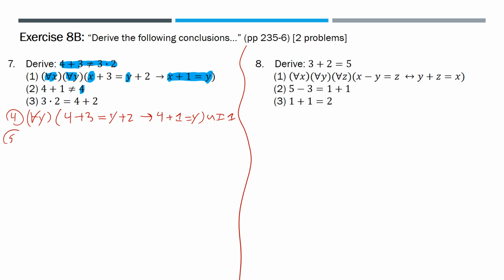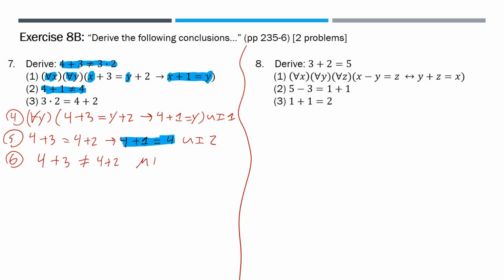And then for 5, we can do another instantiation. We'll get 4 plus 3 equals 4 plus 2, arrow, 4 plus 1 equals 4 by the universal instantiation line 2. Notice that premise 2 says 4 plus 1 does not equal 4. This contradicts our consequent. We can thereby deny the antecedent. So for 6, we can say 4 plus 3 does not equal 4 plus 2 by modus tollens with lines